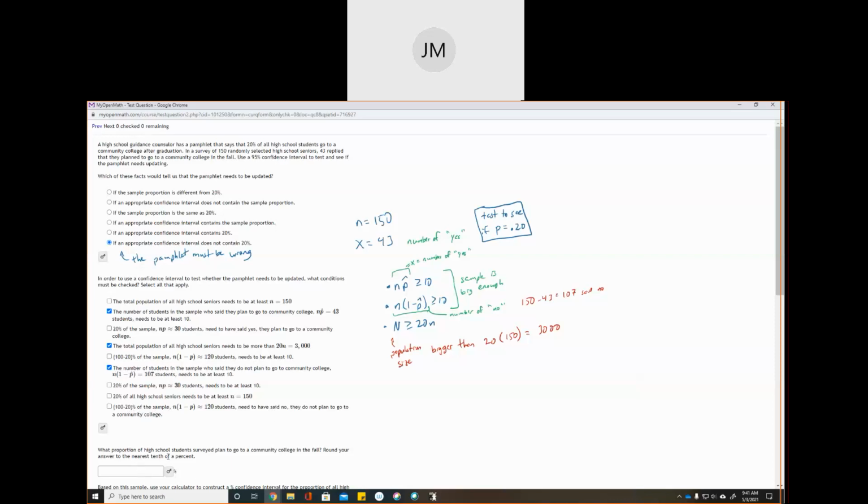All right, what proportion of high school students surveyed plan to go to community college in the fall? If I look at the amount surveyed, I surveyed 150 and 43 said they plan to go to community college in the fall. Okay, so here what I would write down is p hat, that's the percentage of my sample, is 43 divided by 150. Okay, and if I just divide that,